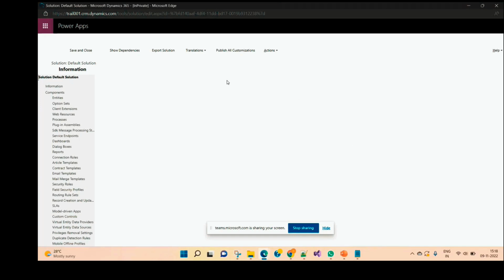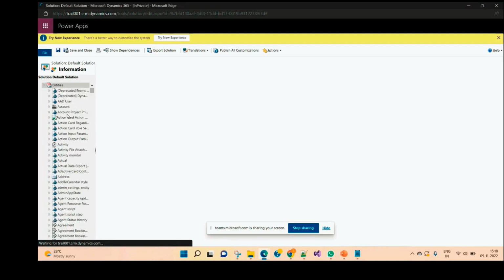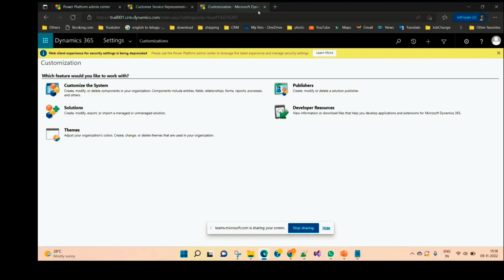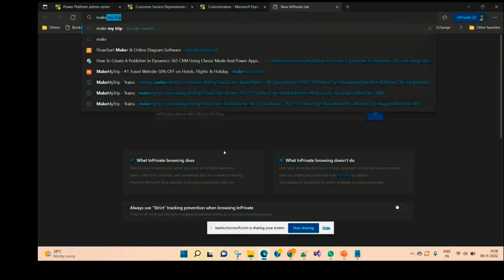We can see here, this is the default solution, which contains all the components of the trial CRM. You can see entities here, account, contact, everything is shown as entities. As per the new terminology, we are calling these tables. Now the entire CRM is a Power Apps. We can do our customization by using